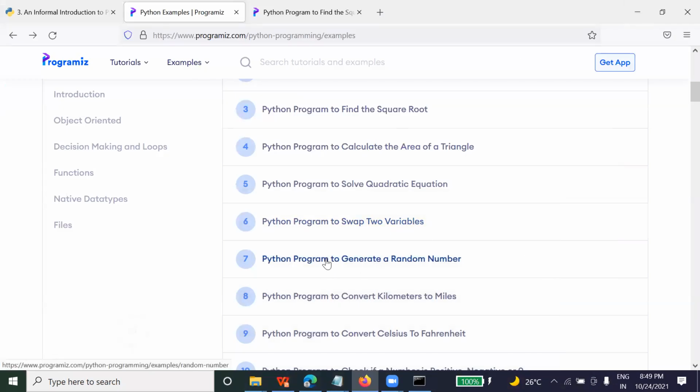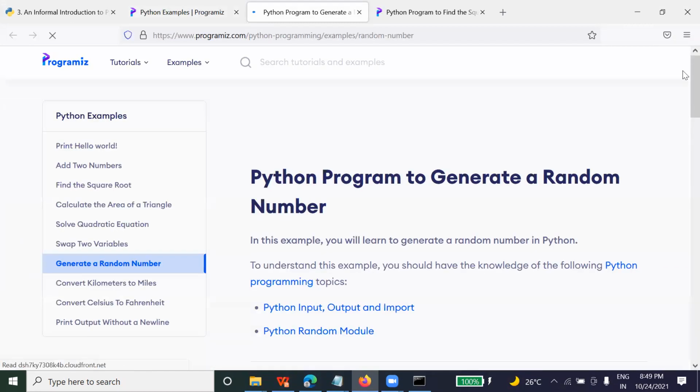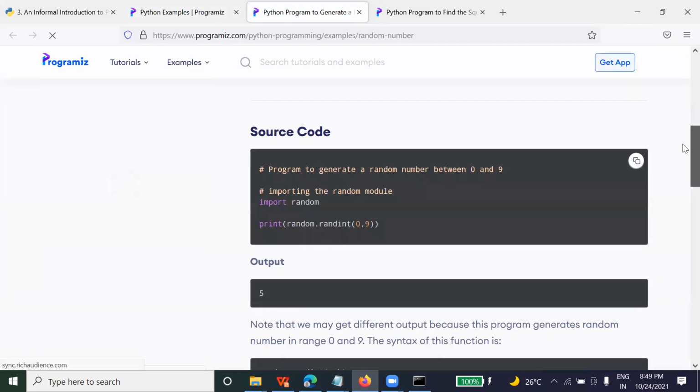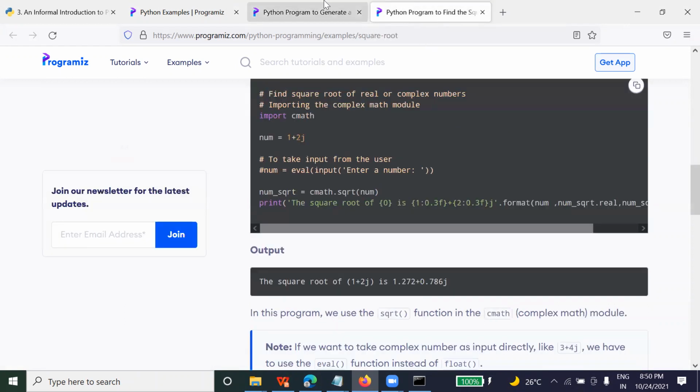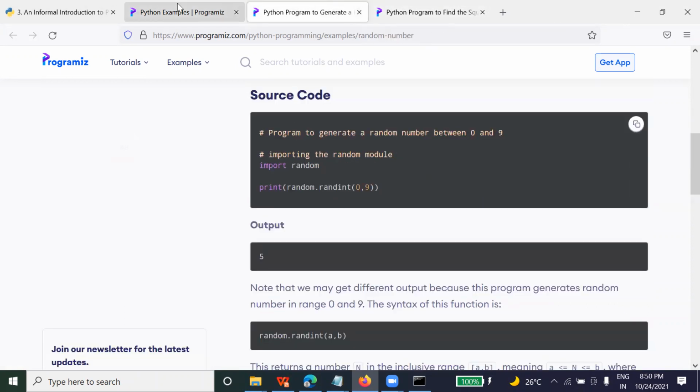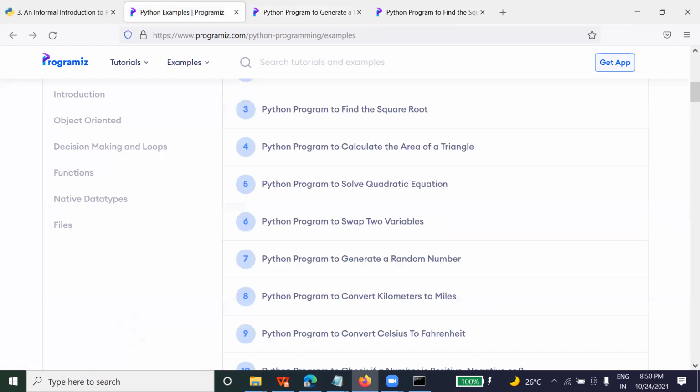Suppose how to generate a random number. Just like an OTP, you get it, right? How do you get an OTP? Randomly you get an OTP, right? So how does that program work? That also we can see.